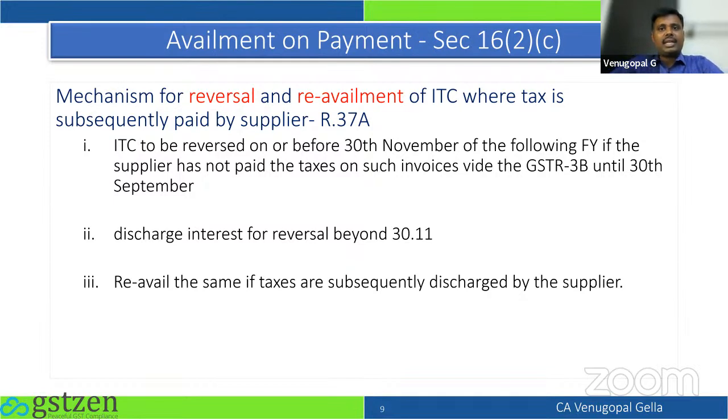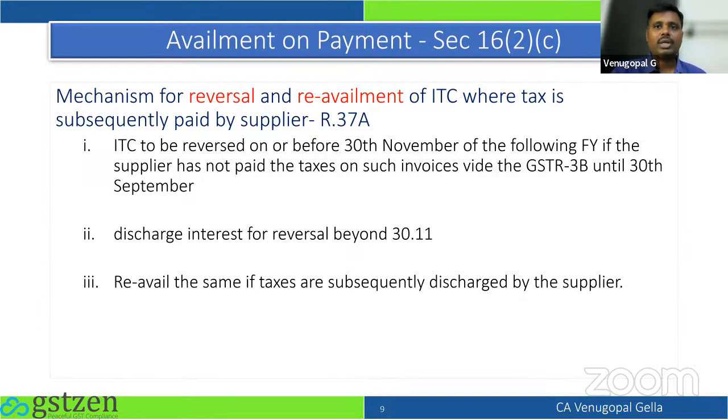If up until 30th November the supplier has not filed the GSTR 3B, then you should be reversing the input tax credit that you have availed. And the government is saying, compute the interest.